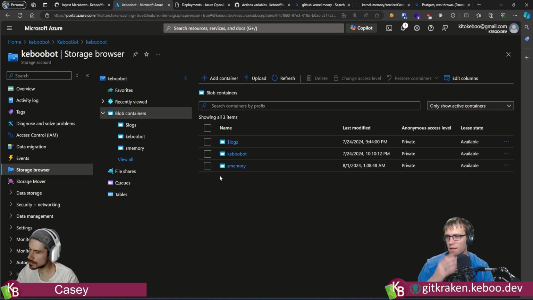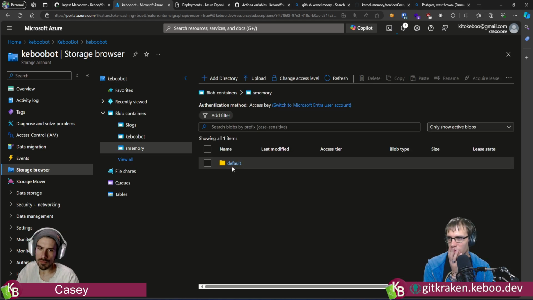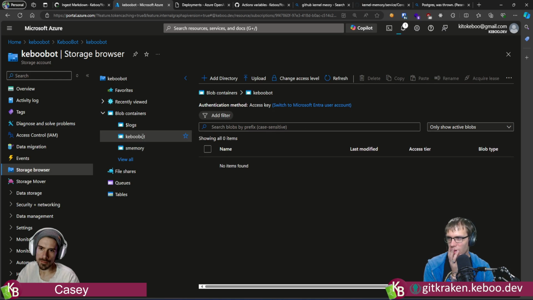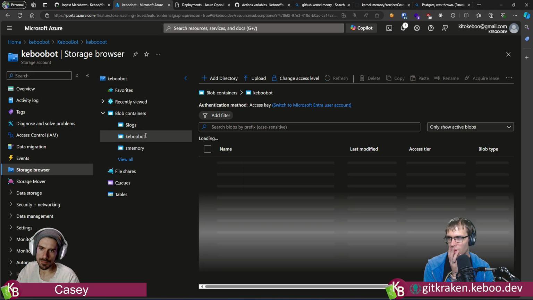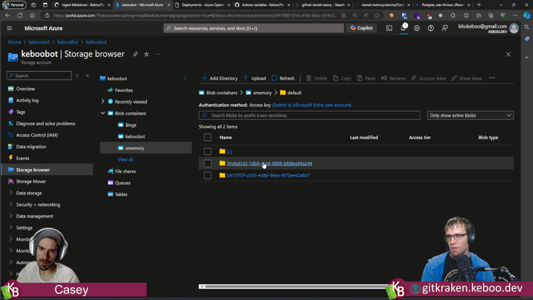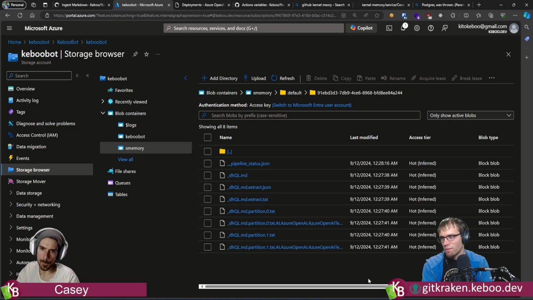Well, shoot, I might need to address this later because I might need to crash and see why is this storage... Oh, this storage wasn't used anymore. S memory is the one that's actually being used.